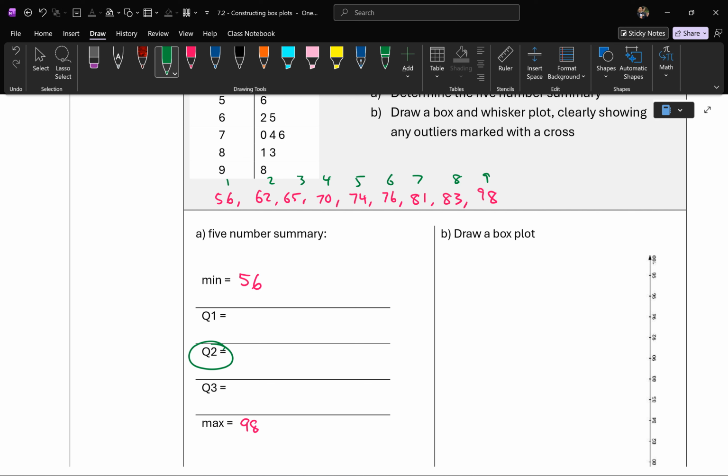Good. The rule, if you've forgotten it, was n plus 1 divided by 2. N is the number of numbers. I've got 9 numbers, so 9 plus 1 divided by 2 is 10 divided by 2, which is 5. What does 5 mean? That tells you the position where the middle is. So here, the position for the middle is the 5th position. This is the 5th position, so the middle must be